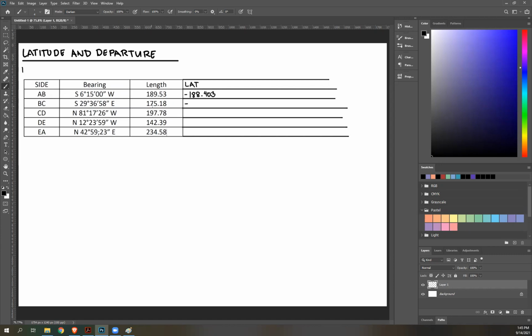So that's negative 175.18 times cosine 29 36 58. We should get 152.294. Okay. And then next, this is north. So that's positive 197.78 times cosine 81. That should be 29.949. And then this is also north, so positive 142.39 times cosine 12. That's